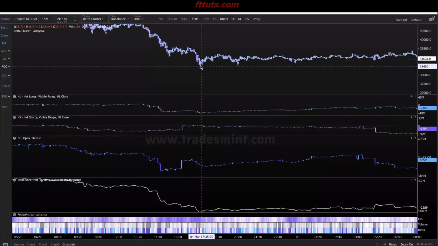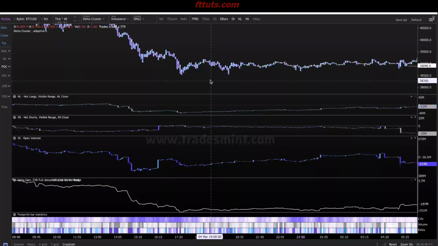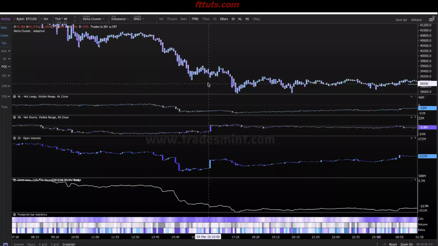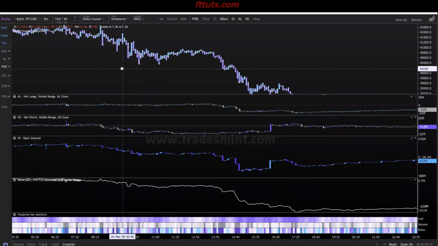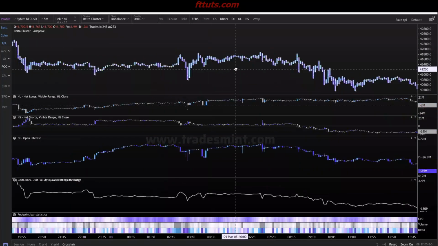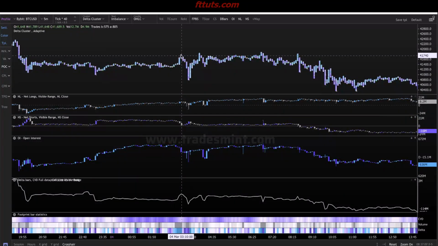And then from that time, we get a move to the upside, and we do come from the price of 38,560 up to 39,140. So a $600 move right there. That is not a bad scalp at all. Let's see if we can find any other moves here. This is price getting higher,